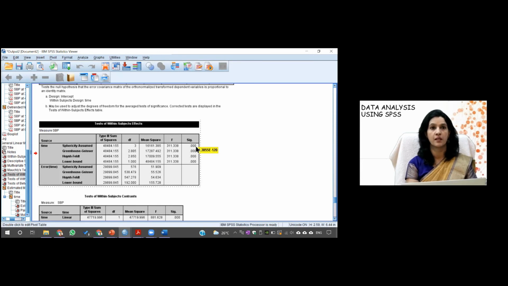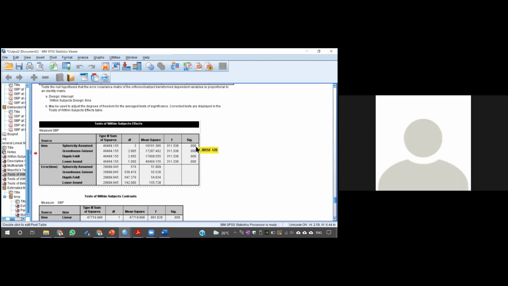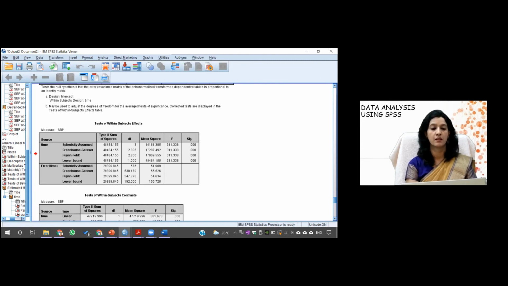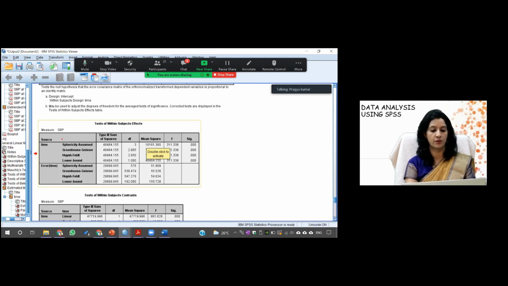You can see it is 4.3. And ma'am, if Mauchly's sphericity came non-significant, then we would have reported sphericity assumed. Yes. Then you would take these two values to report your result, if it was more than 0.05. But since it is not, sphericity is not assumed. That's why we have taken the Greenhouse-Geisser. Did you get, Ashish? Yes, ma'am. Thank you, ma'am.